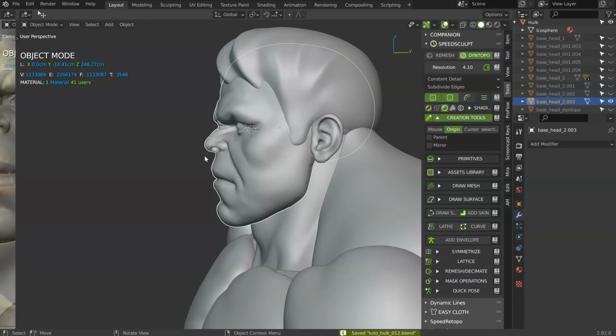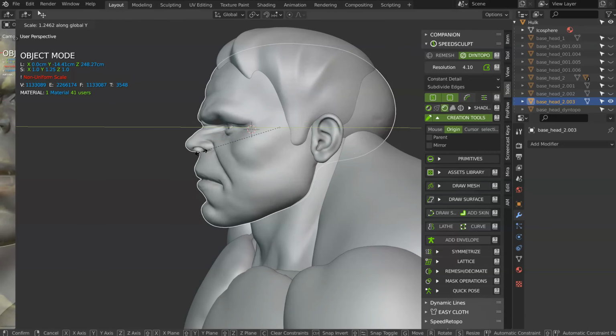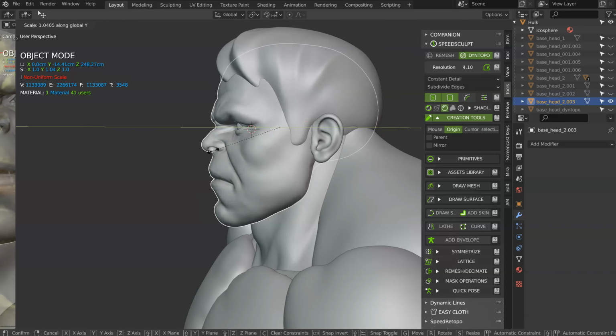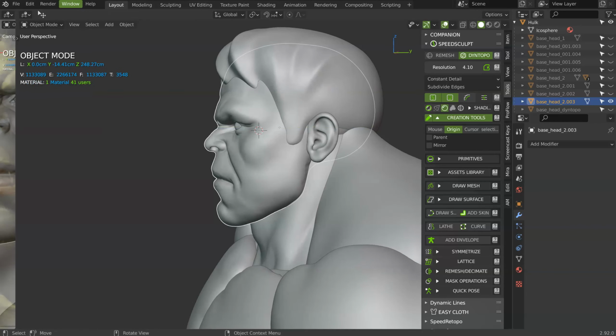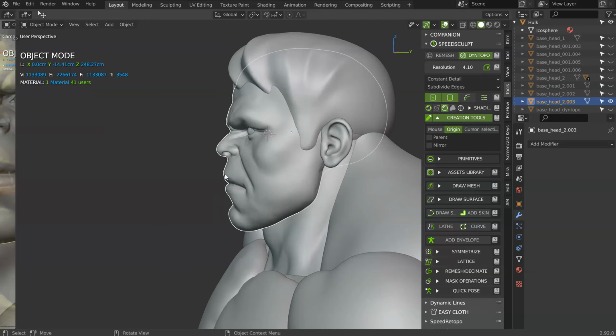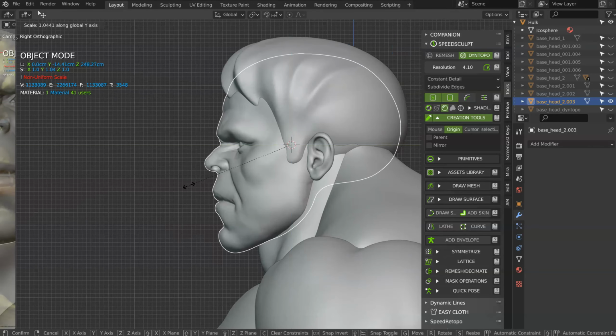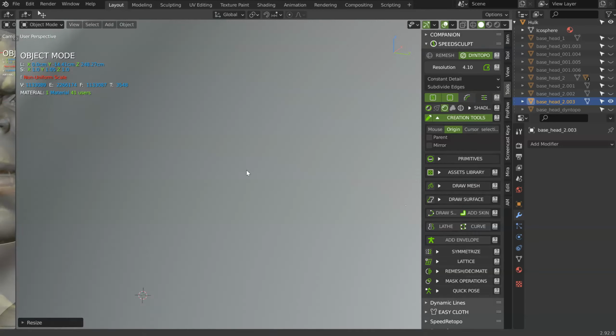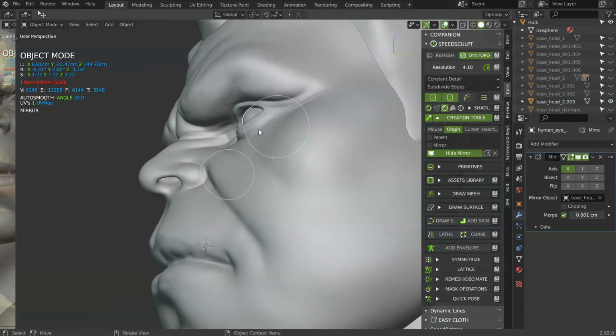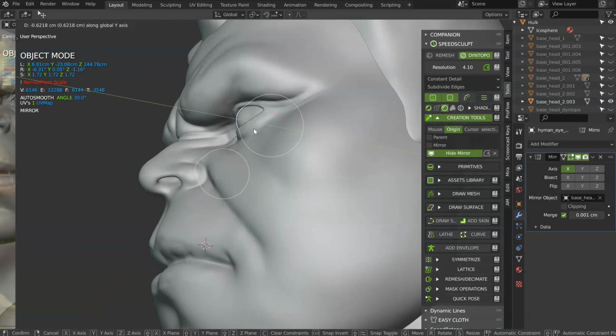So let's make a scale in Y. Just a little. Let's go inside the side view, in fact. This is better like that. Okay, I can take the eyes and move them.